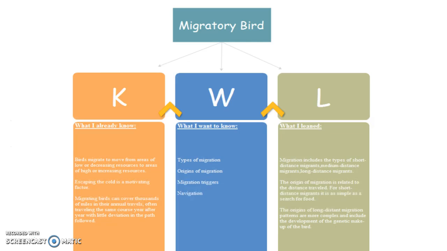KWL charts, these are the best graphic organizers for teachers to use when they're trying to find formative assessments and pre-assessments. The pre-assessment for this particular chart, it says what I already know and what I want to know. So K and W are both to be done before a lesson generally, and